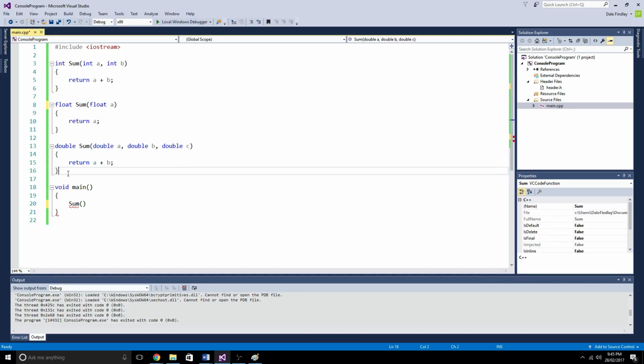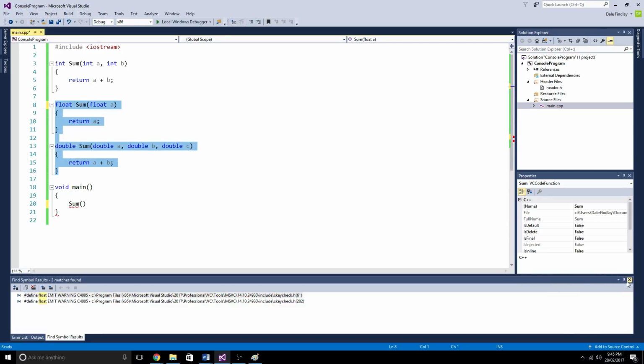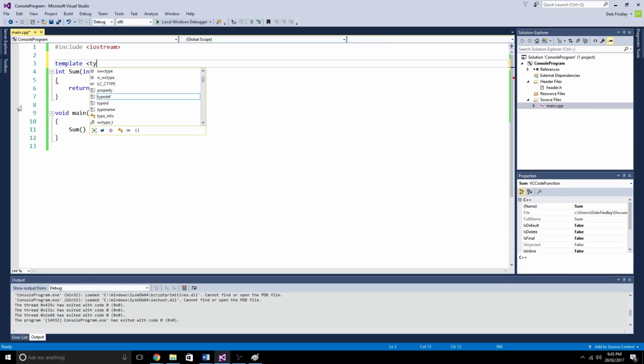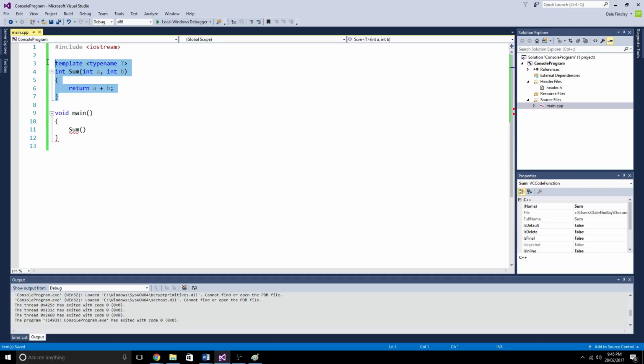Okay, so you can see how that can be really repetitive, having to go through and change all these types from int to float, or from float to double, or whatever. You can see how that's quite repetitive. The overloading way was the C way, and now the new C++ way of doing things is by using templates. Templates are only really good in a few situations, but we'll go through this one. So template, type name T, capital T, don't use lowercase t, you look like an idiot. And then basically we're creating this dynamic function right here,